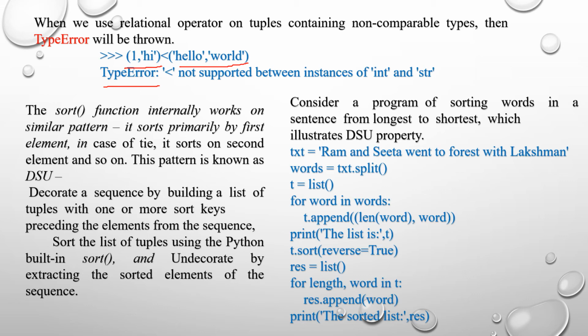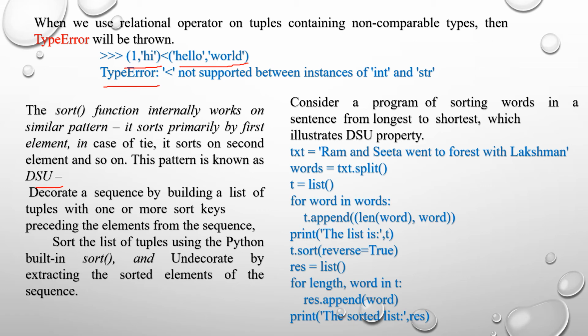The sort function internally works on a similar pattern. It sorts primarily by the first element, and in case of a tie, it sorts on the second element, and so on. This pattern is known as DSU. Decorate a sequence by building a list of tuples with one or more sort keys preceding the element from the sequence. Sort the list of tuples using the Python built-in sort function, and undecorate by extracting the sorted